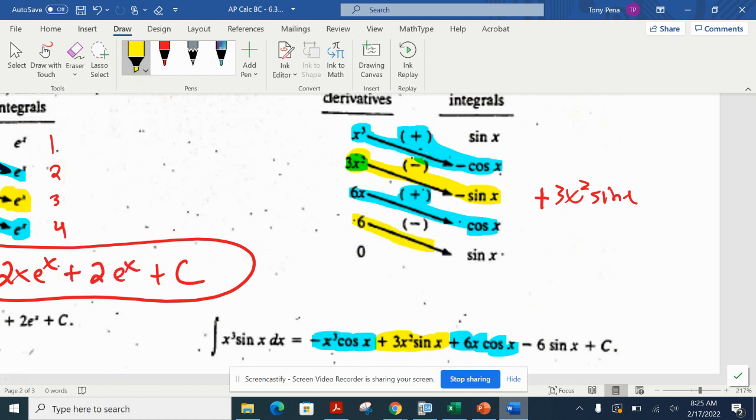Last one, the 6 and the sign would have been positive because these are both positive coefficients or numbers. But since we're going to put that negative right there, we want the opposite, which makes this a negative 6 sine of x. And then that's our answer. Okay, so real quick,